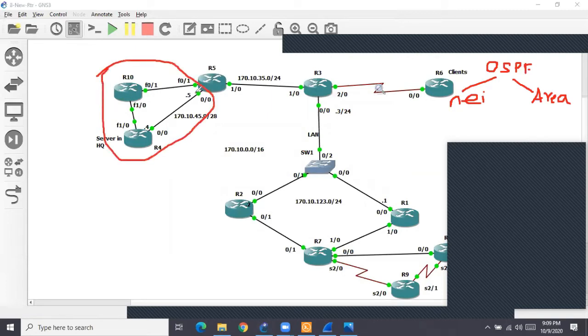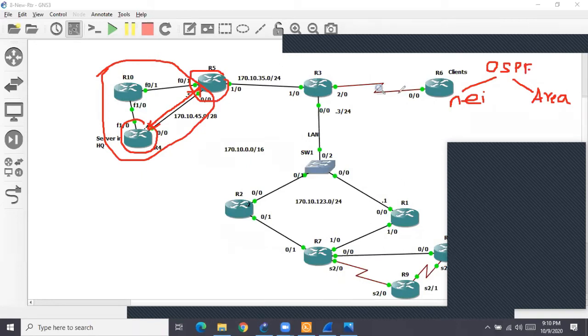But they're telling us only 4 and 5 must talk securely. R5 talking to R10, maybe it is talking normally, no problem. R4 talking to R10, normal, no problem. But maybe here I want something, maybe there is some problem. So they are giving you this task: 4 and 5 must talk securely with each other. So it is basically neighbor authentication.